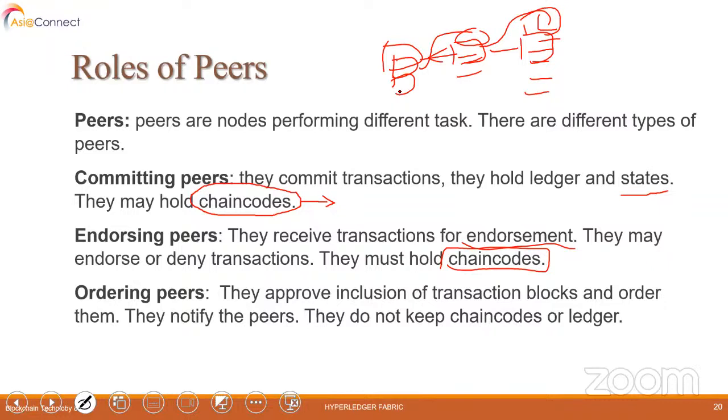So here, it is the job of ordering peers to order. From each organization, there can be some ordering peers who will then have a consensus to order a block